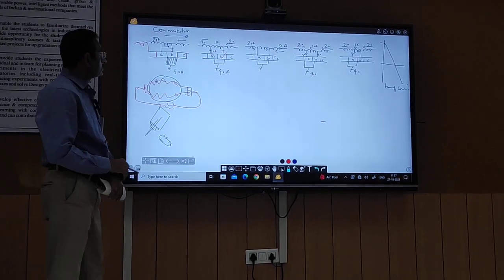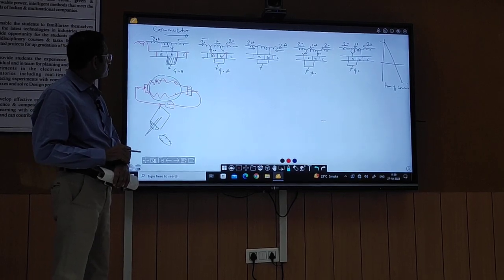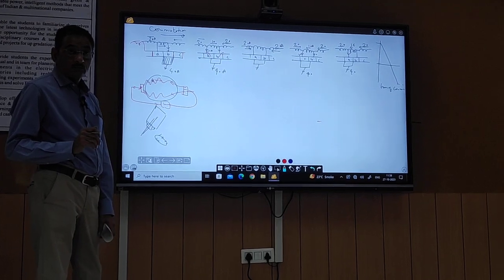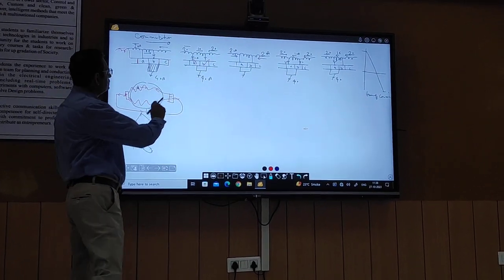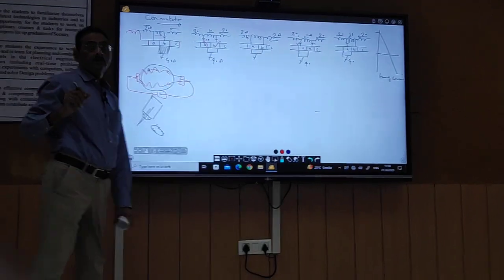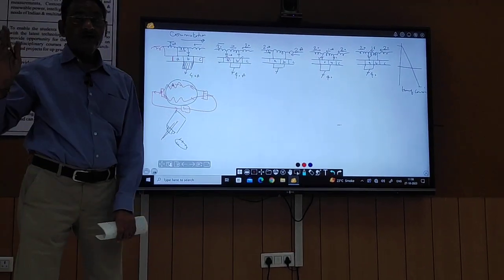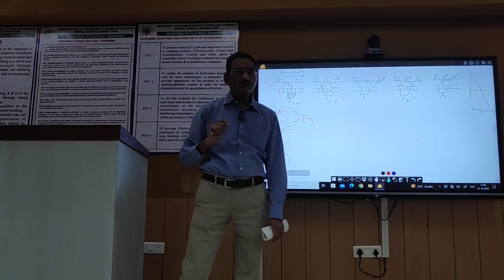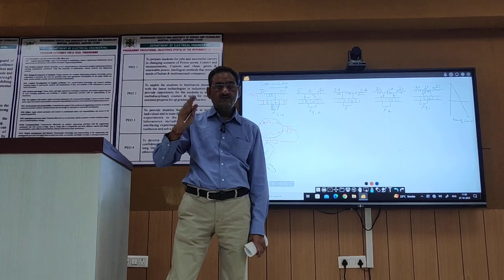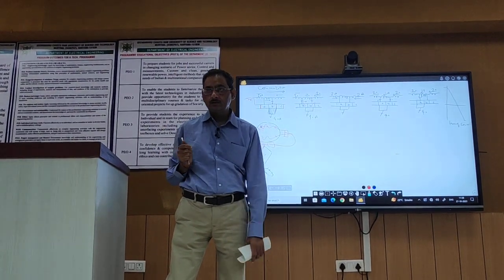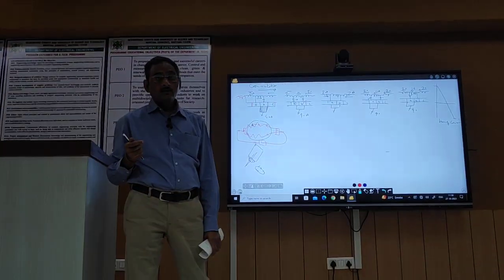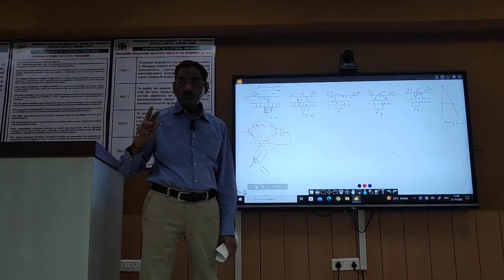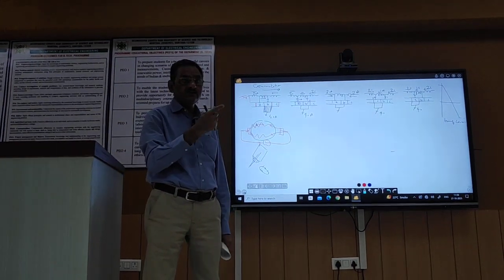Now what is happening? This will not actually be... What should happen is that out of this it should come equally, but because the change of current takes place. Look, in case of a DC circuit, if both the side resistances are equal, then current will be equally divided. But here what is happening? It is not only the resistance, but change of current takes place. So inside this it behaves like an AC.